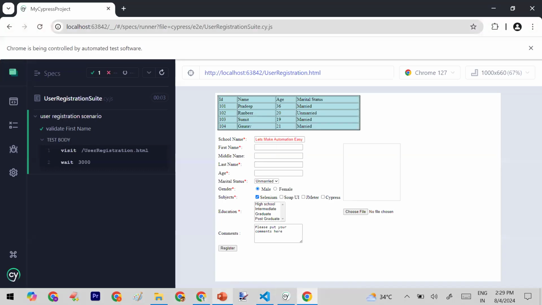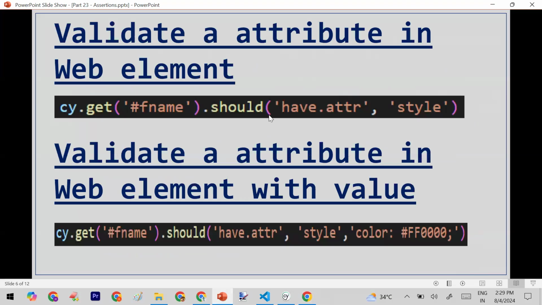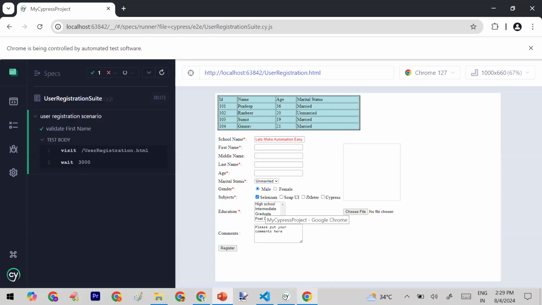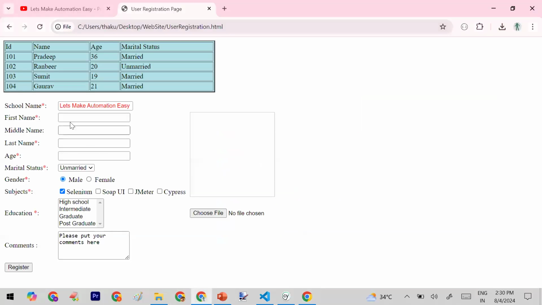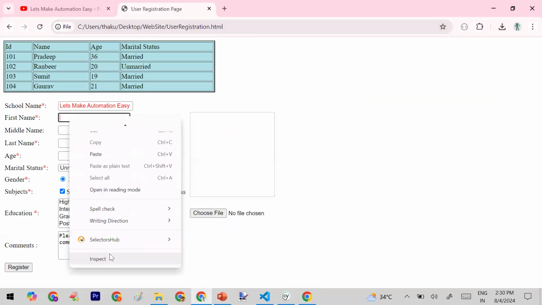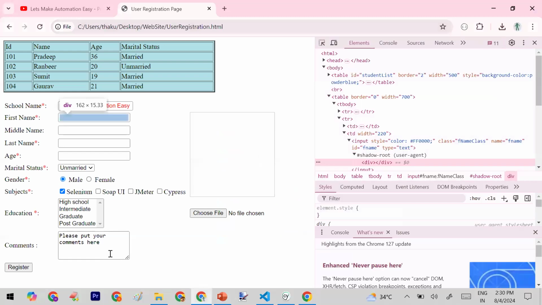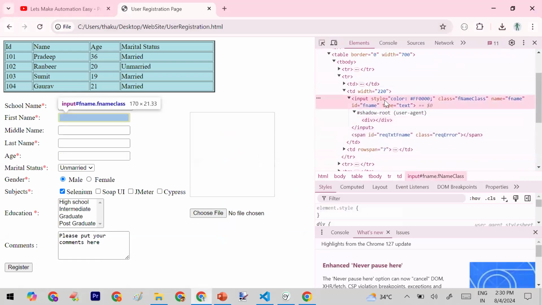So we will start with the first validation. I told you I have to check whether the element contains the attribute or not. For that purpose, I will take an example. Let me first show you manually. If I take the first name field and look at its HTML code, you can see this first name contains a style attribute, class attribute,